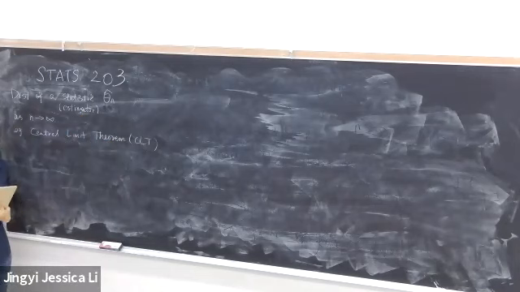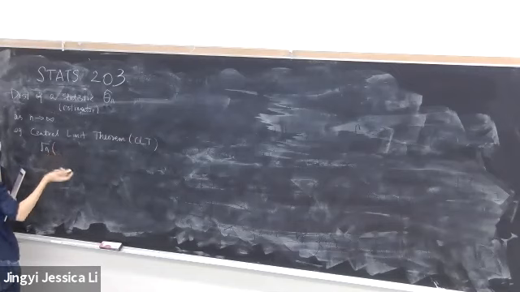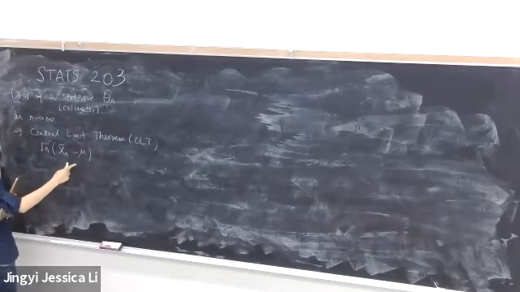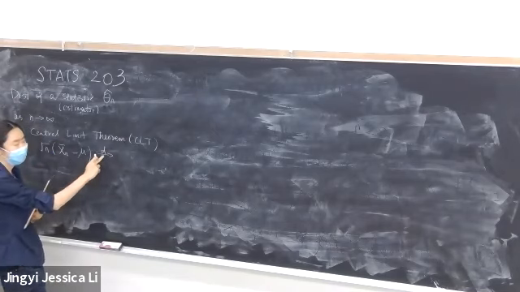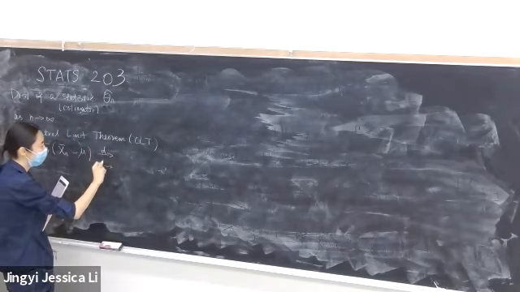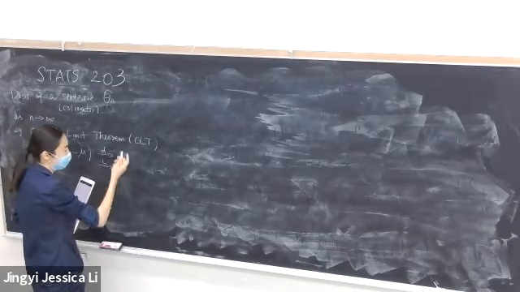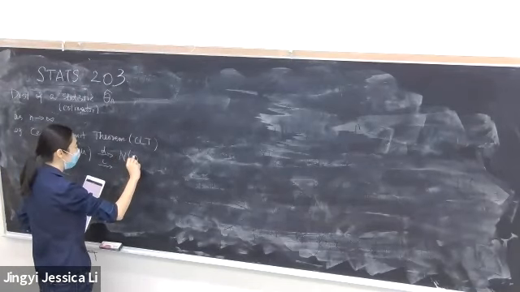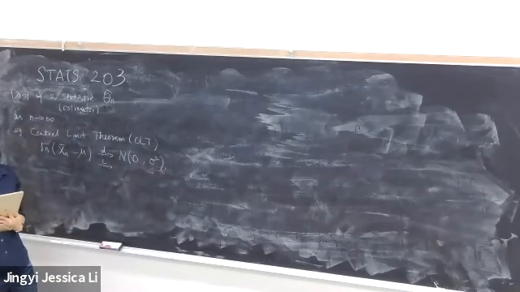And this is the foundation of almost all the large sample theory results we will give you in this class. So what this says is, as n goes to infinity, the sample mean, we call X_n bar, minus the population mean will converge in distribution. Actually, in this class, we will use converging in distribution and convergence in law interchangeably, because they actually mean the same thing, to a normal or Gaussian distribution with mean 0 and variance sigma squared. So this is the one-dimensional central limit theorem.